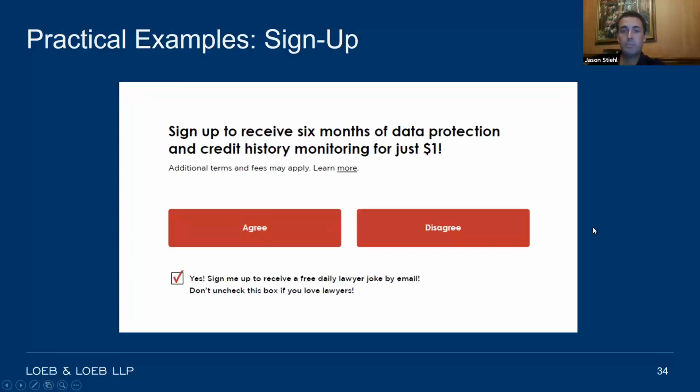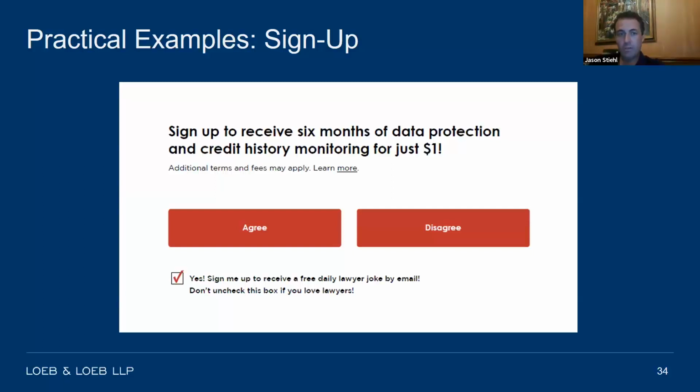Here's another example, similar. In this case, a couple of things. We've got the agree and disagree. So again, it's giving you what would appear to be an unintelligent option, but I don't want this, and you're basically having to affirmatively state that you disagree with protecting your own data. And then you've got another little sign me up thing down here. So a lot of companies will automatically check boxes. That's one thing the FTC has been focusing on, whether it's a need-to-check box or a box that's already checked.